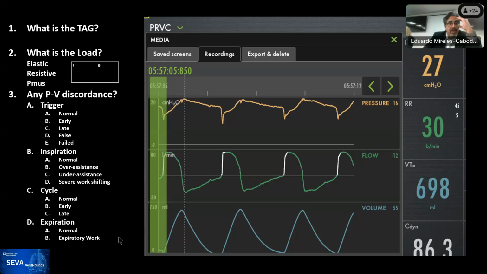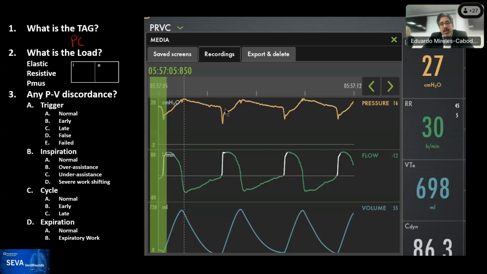Excellent. So there's a high amount of PMOS coming in, and during inspiration, there's no question that the main load is PMOS. And we know that for multiple reasons. But remember, when you're controlling pressure, even though the pressure waveform is very abnormal, your eyes will go and look at the flow. And the flow, instead of having that beautiful exponential decay that we want, you have this deformation that moves away from that exponential decay,